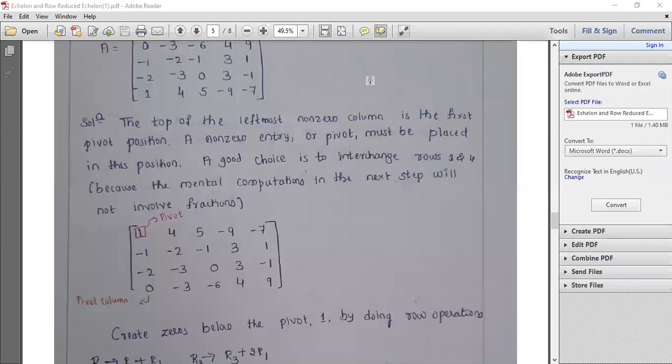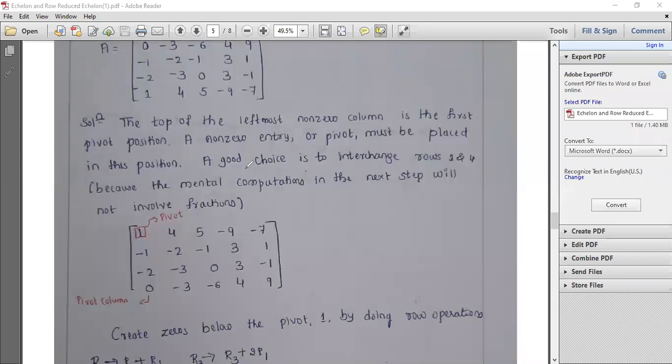Getting? Yes, ma'am. So 1 and 3, it need not be nearby, the rows like that I'm asking. Nearby means? Like 1 and 3, ma'am, row 1 and 3 I can interchange, 2 and 4 I can interchange. Any rows you can interchange, okay? But it has to fulfill the requirement. I mean, if here also 0 is there and you're changing with this, what is the use? If in place of this you're having 0 and you're changing R1 and R3, what is the use? So depending on the requirement, you try.